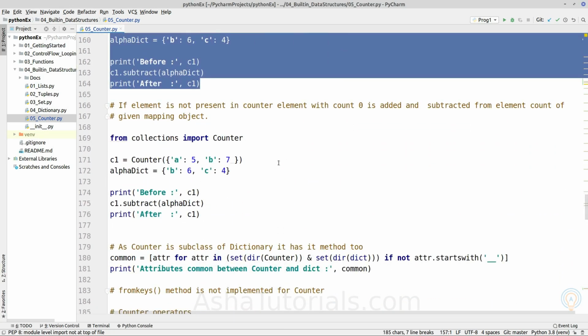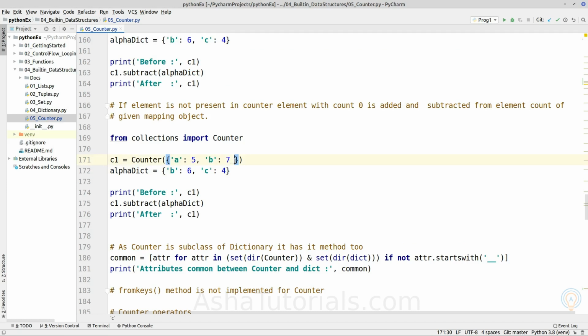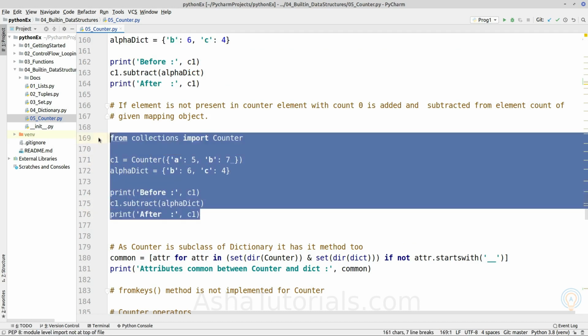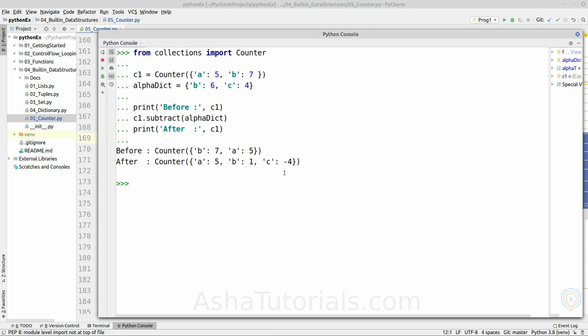If the element is not present in the counter, it will be added with the count 0 and then the subtraction will be performed. Okay, so here we can see element C does not exist. So if we try to subtract it, as we can see, it is adding -4.